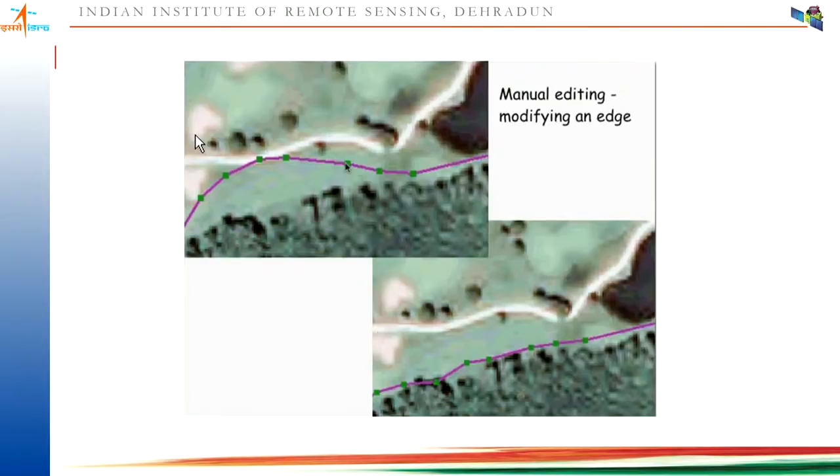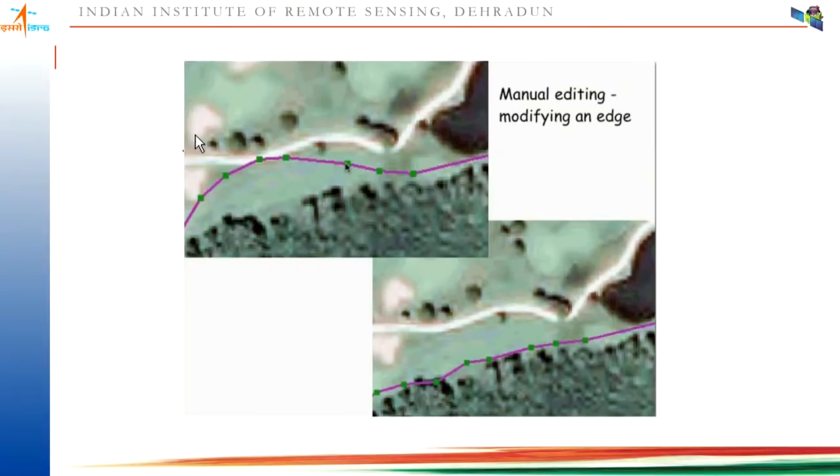So once I move all these vertices, now my shape looks similar to the background. This is one way, but many times it may happen that you don't have sufficient vertices to represent this shape. In that case you can add new vertices in the line and put them on the boundary. You can see here we have 3, 4, 5, 6, 7, and here we have 8. So we have added one more vertex so that it actually fits the shape.